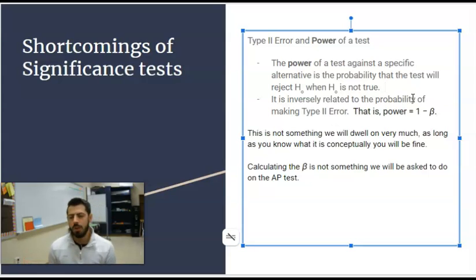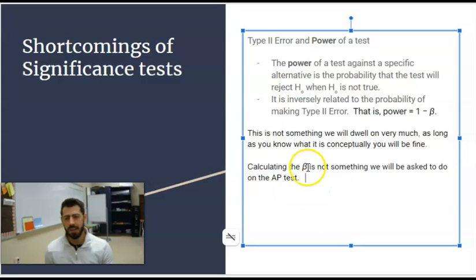Makes sense. So basically, if someone tells you beta, which is the probability of making a type 2 error, then the power of the test is just 1 minus that number. You will not be tested on trying to find out what beta is. So it's not something that we'll spend a whole lot of time on, but as long as you know that the power of a test is the probability that you correctly reject the null hypothesis,